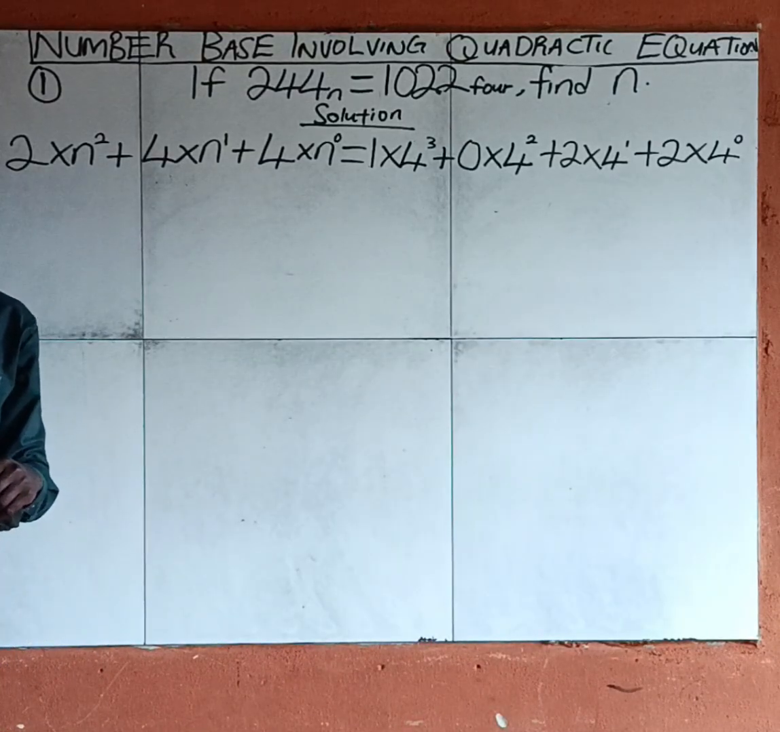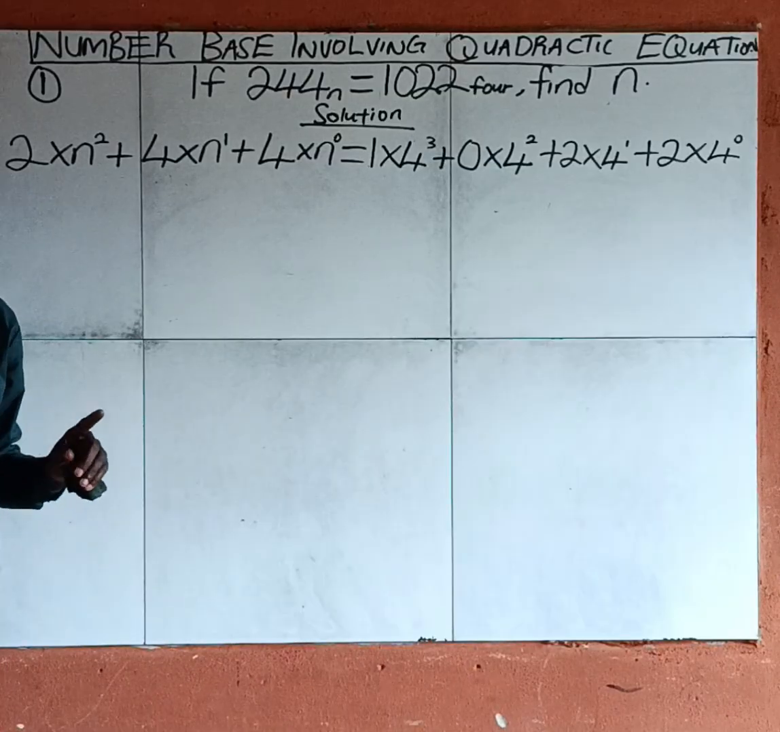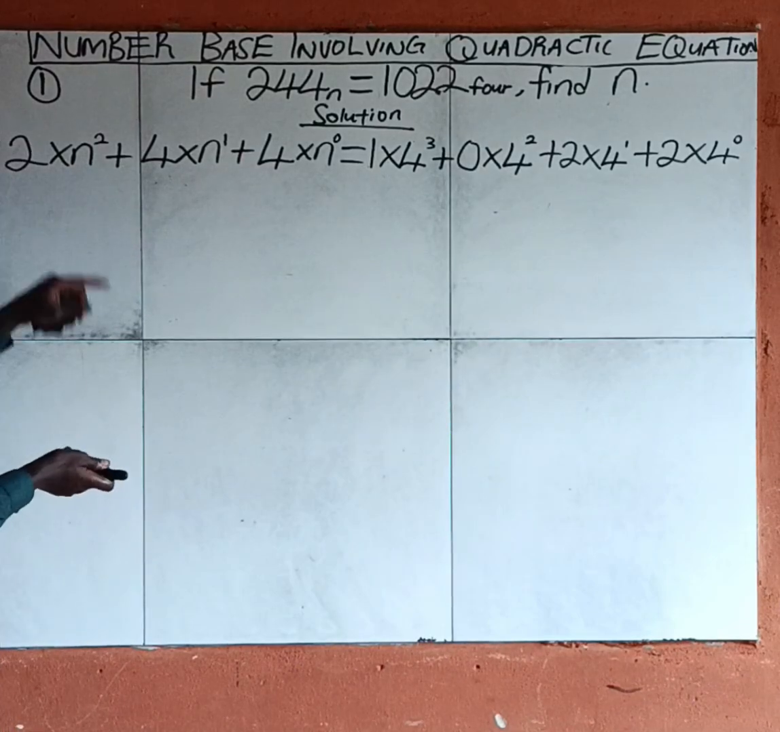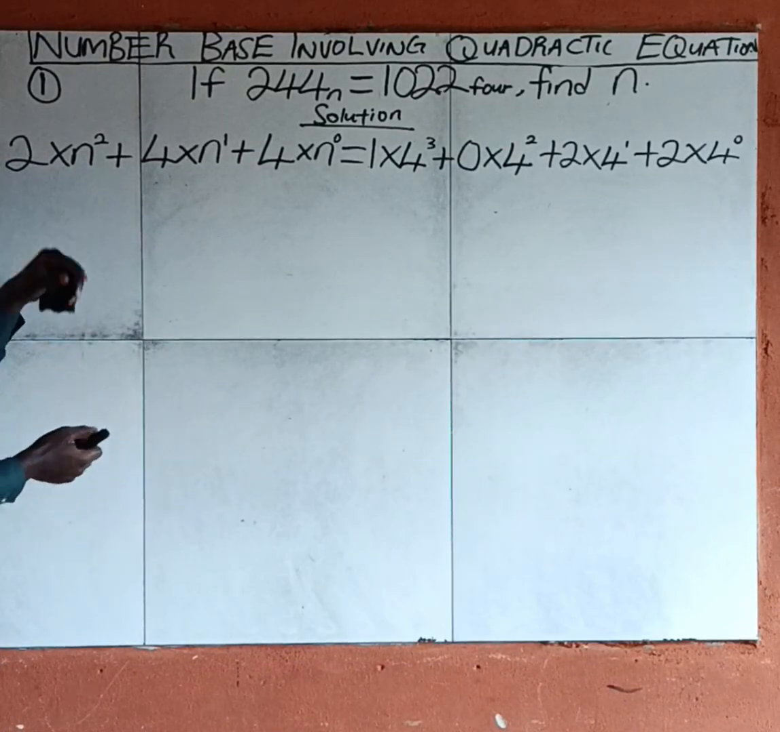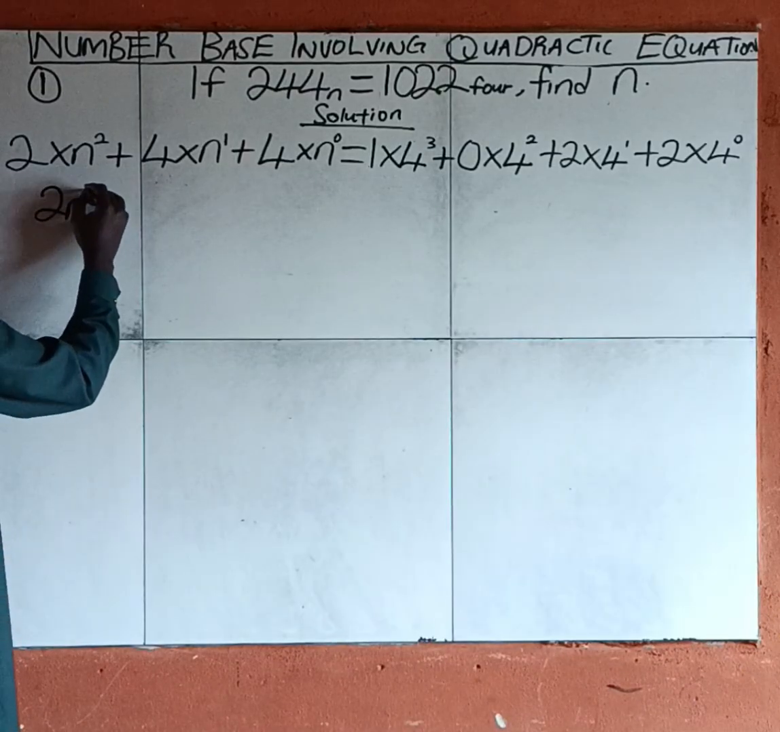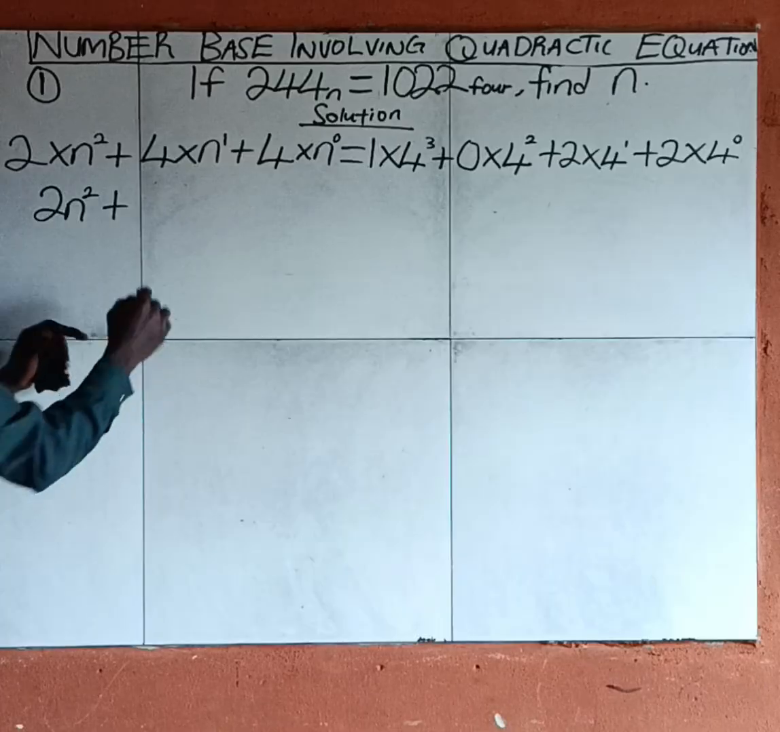Now next, what you're simply going to do here is very simple. Now 2 multiplied by n raised to the power of 2. From the laws of algebra, just remove these terms, join both together. So 2 multiplied by n raised to the power of 2 will give you 2n raised to the power of 2, plus 4 multiplied by n raised to the power of 1 will give you